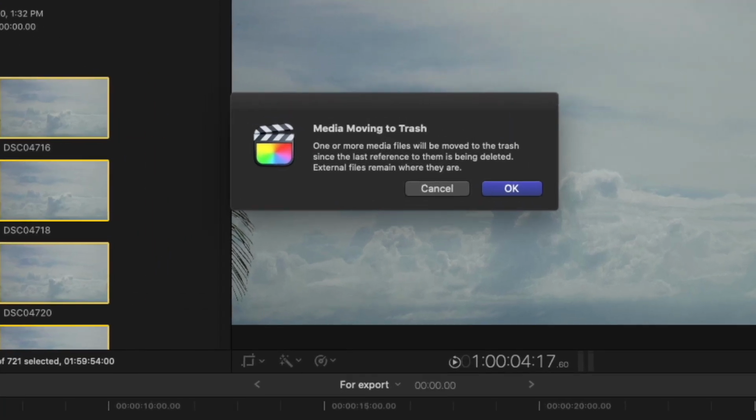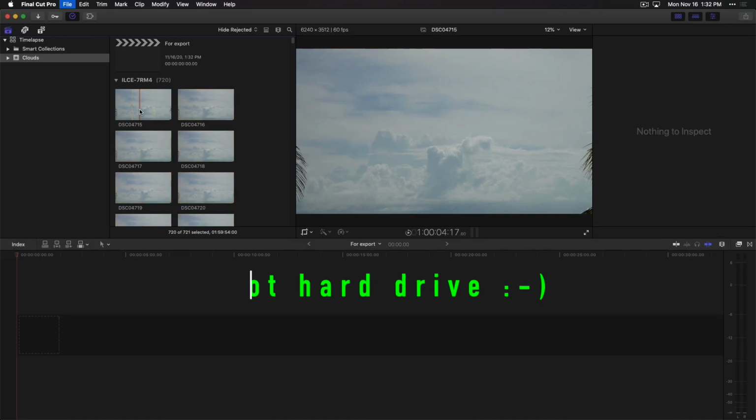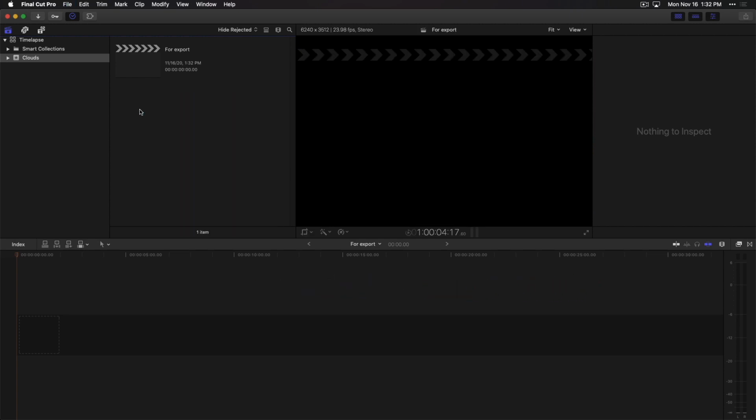And I'll get a warning, I'm moving them to the trash. Remember, Final Cut will never touch external media, so it will remove them from the library here, but I didn't import them inside the library, so they'll still exist on the hard drive. I do then go delete them off the hard drive as well because I have this ProRes LT movie that